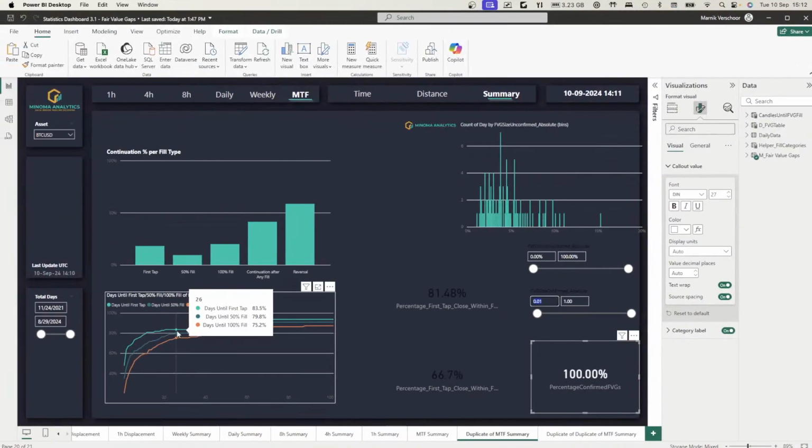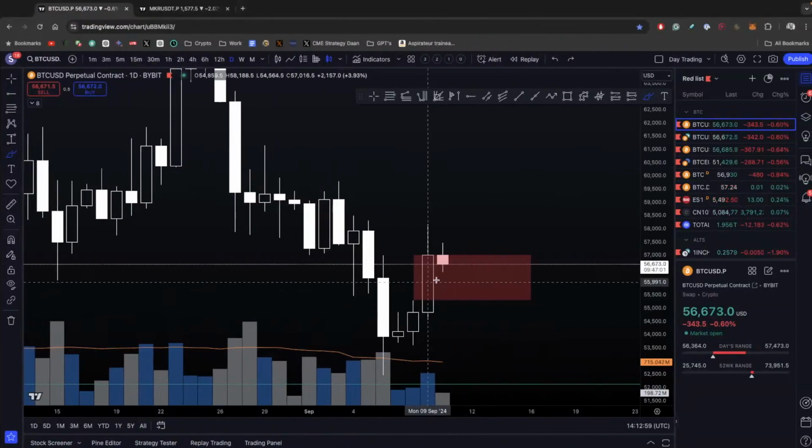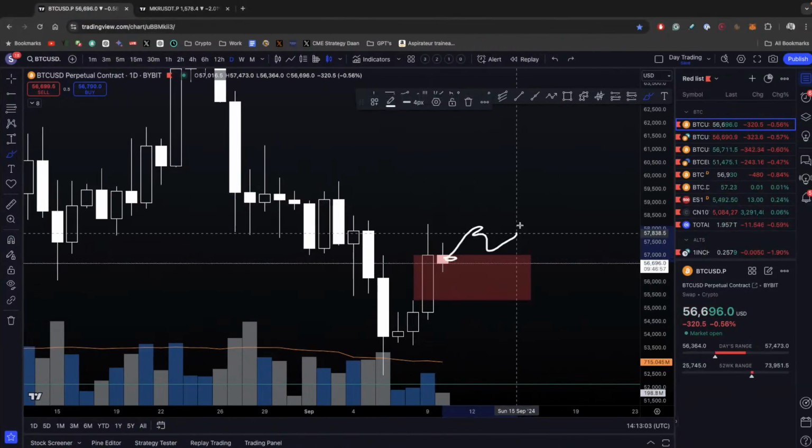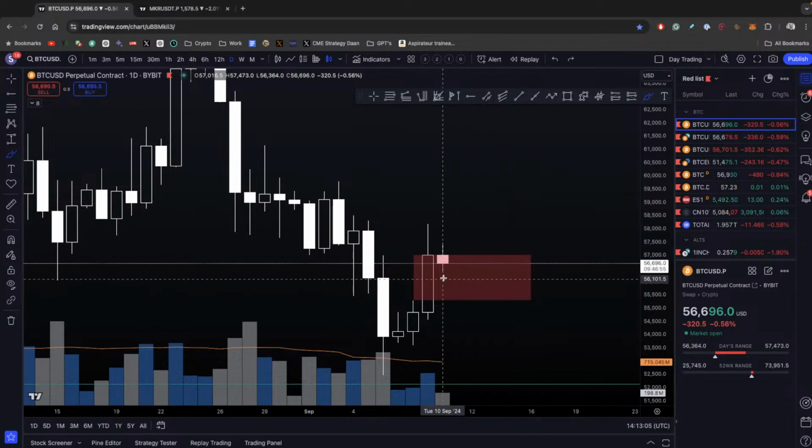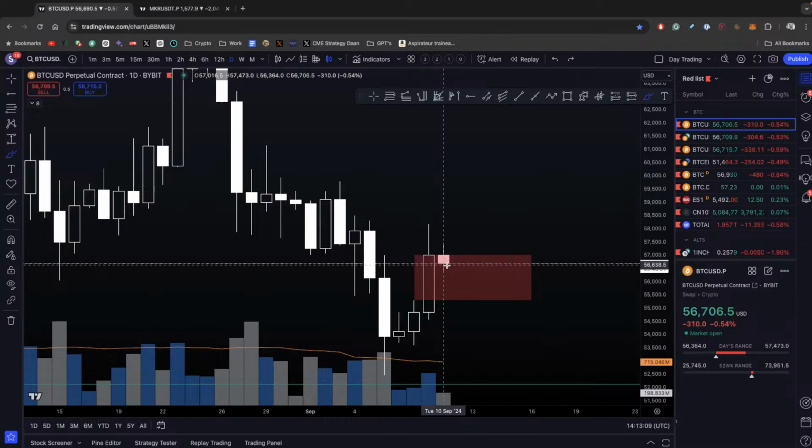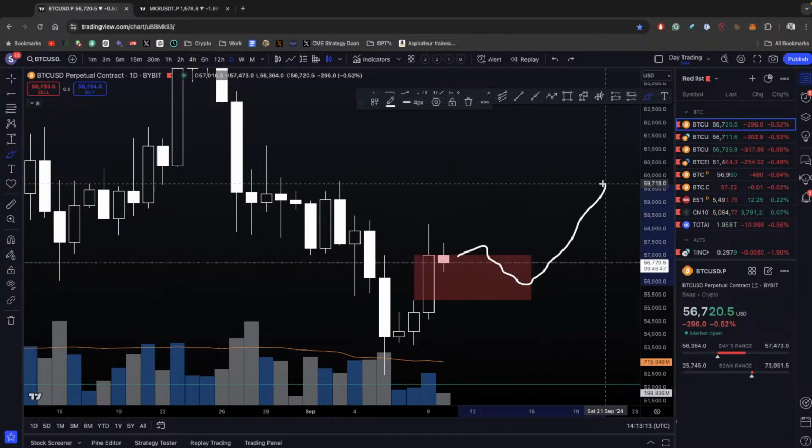And this is just pure fair value gaps. I'm not doing any filtering yet. This is obviously super beta. I just focused on creating the data model, which I created in the last 2 days, pretty much. This has been worked on since Friday. But what happens is that once this gets confirmed, if say price would go up from here, then within 12 days you have an 80% chance of tapping into that, and within 20 or 25 days you have an 80% chance of filling this at least halfway.